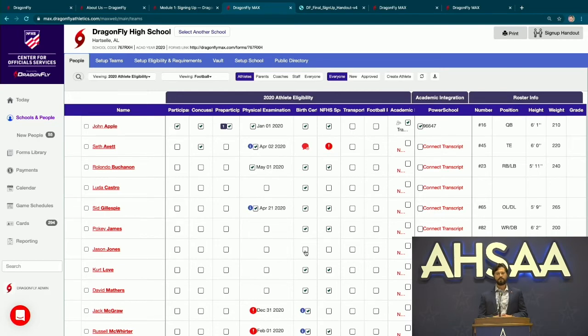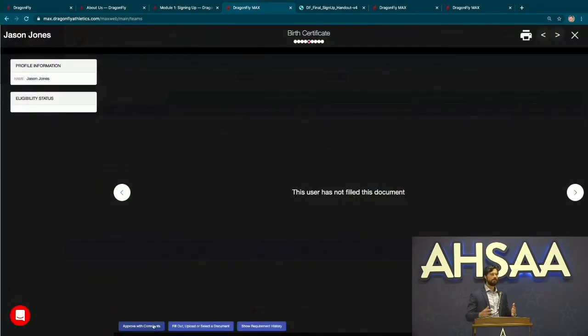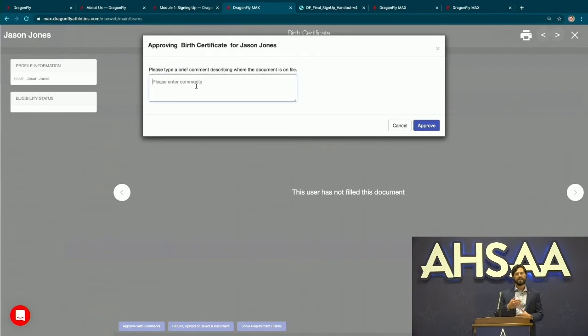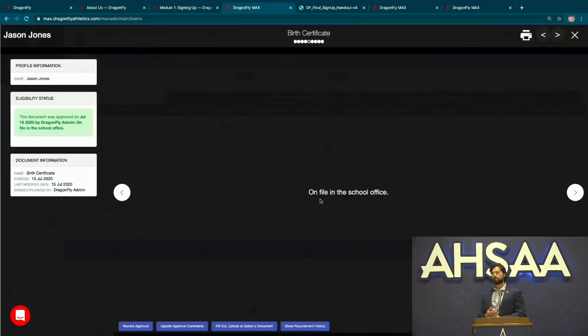So click on that empty check mark. It pulls it up. Obviously, this kid has not filled out this requirement. We saw that it was an empty label in that checklist. But we can make a little note here. So go ahead and click that, Clint, so we can actually come in and we'll go ahead and approve that we've got this particular document on file, even though we're not putting it into the system electronically. So we can just make a quick note here that, hey, we've got birth certificates on file in the office, so that when the auditor comes in, or when you go back to review it, or you as the athletic